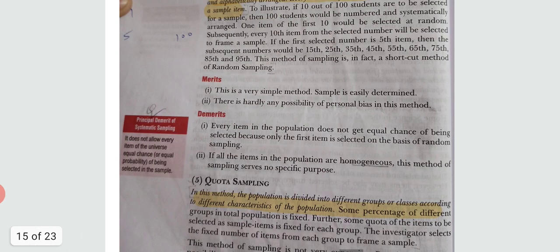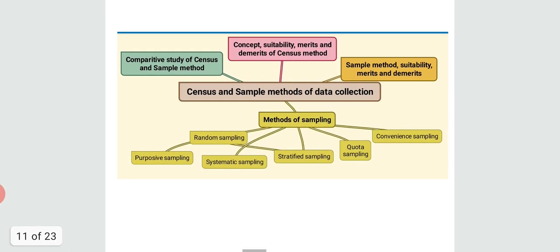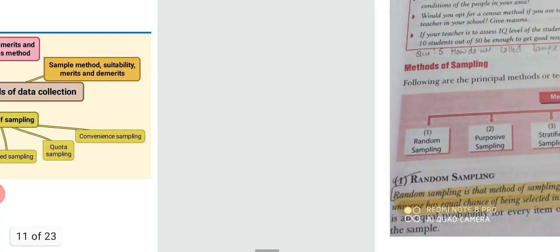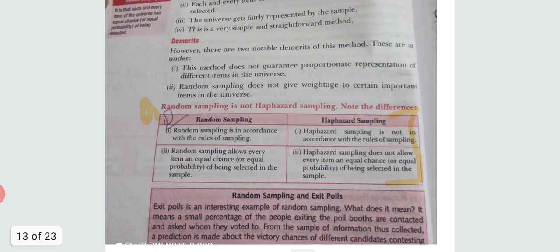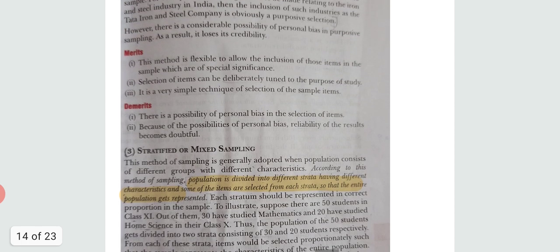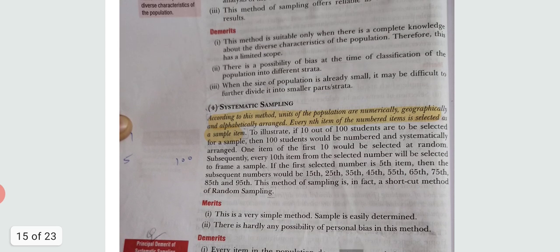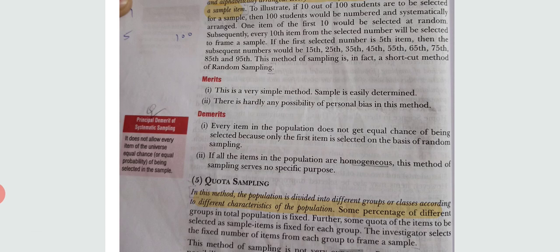Now look at this mind map. We have done different methods of sampling. First is random sampling, then we have done merits and demerits. After this we have done the random sampling and haphazard sampling difference. Then after that we have done stratified and mixed sampling. After this, merits and demerits of this type of sampling, systematic sampling, quota sampling